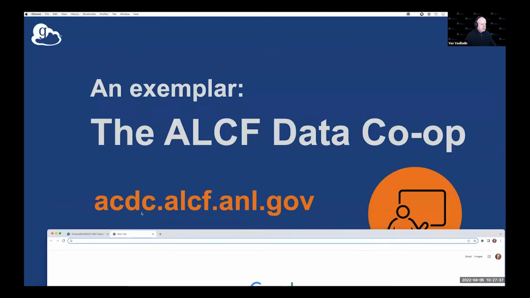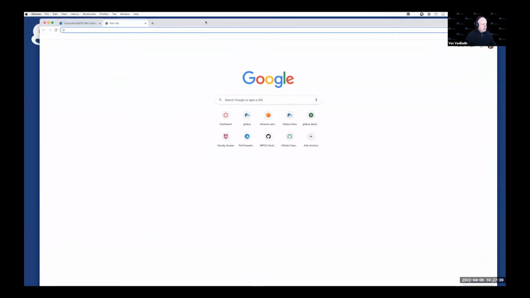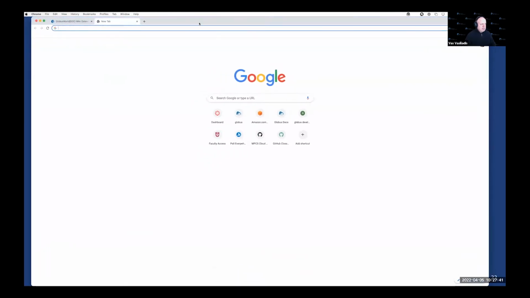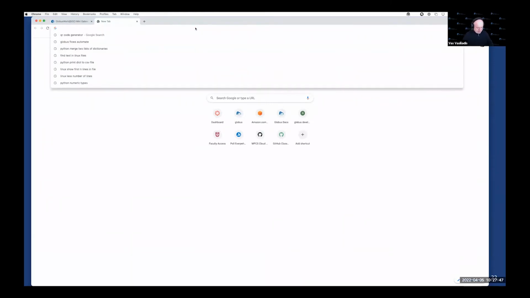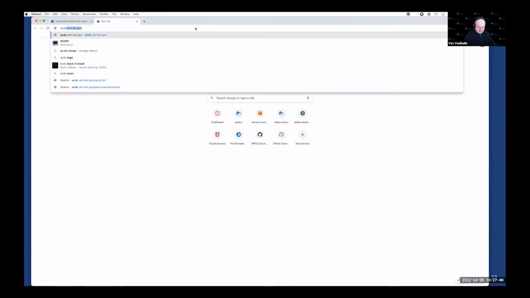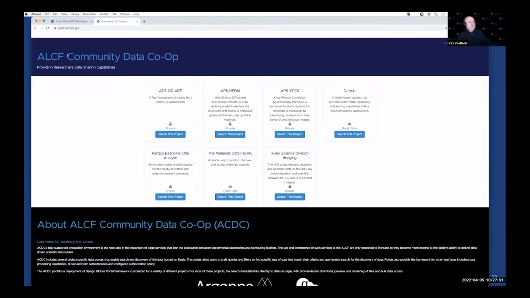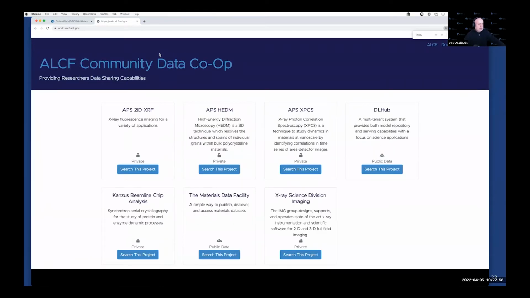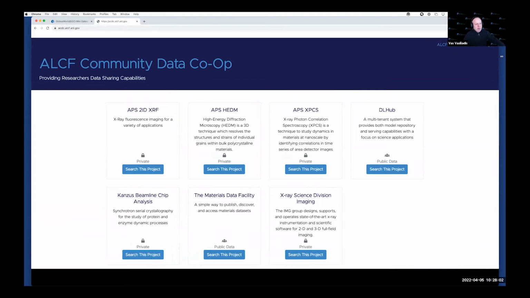As you saw here, it's the AC/DC, the ALCF Community Data Commons. I'm sure Lee or others can correct me. Never mind. Okay, so this is an example of a science gateway and data portal